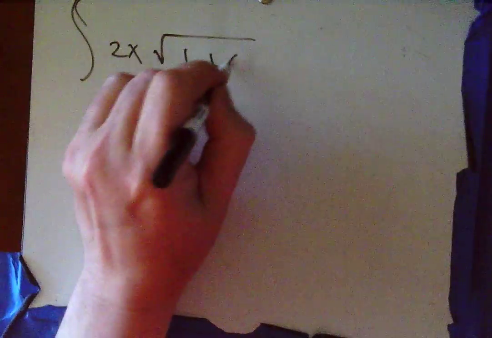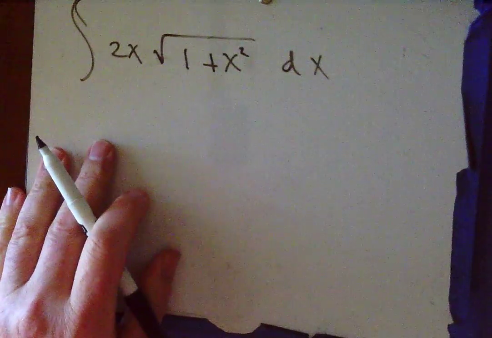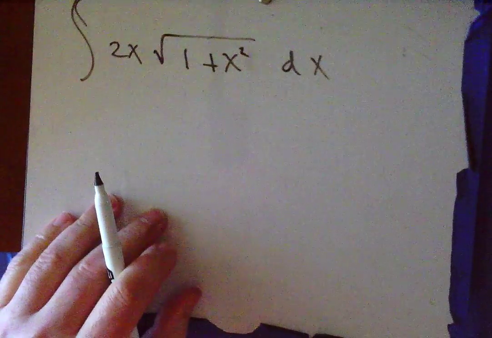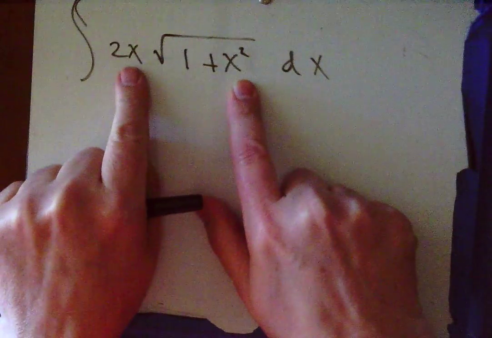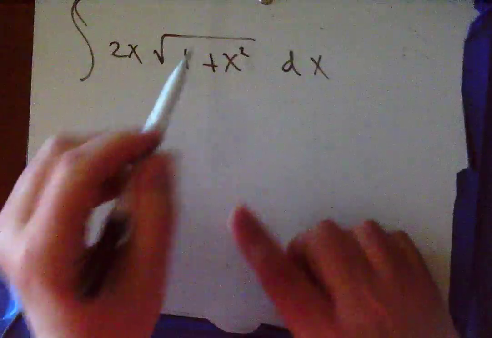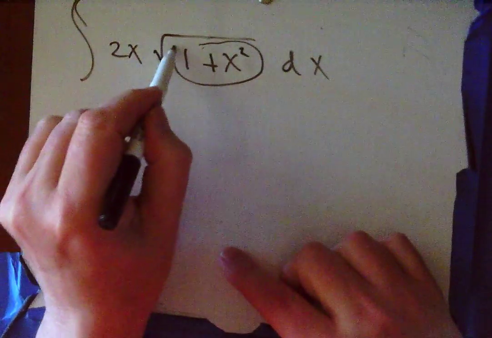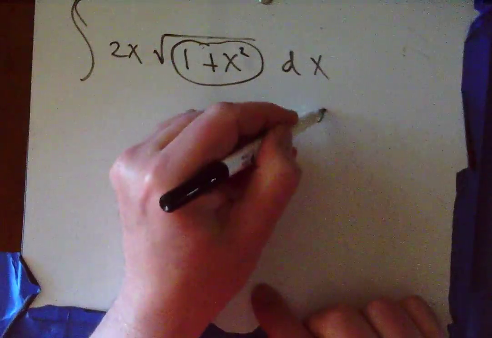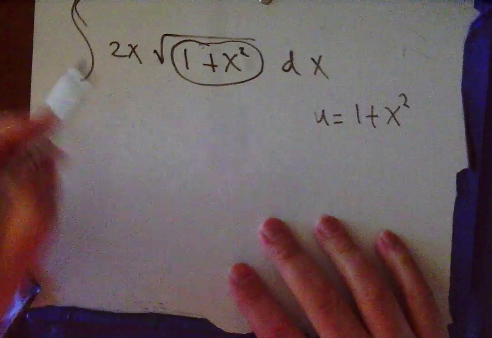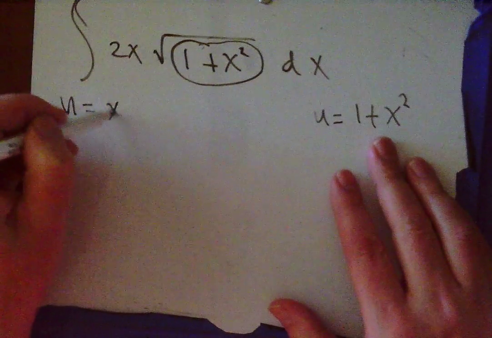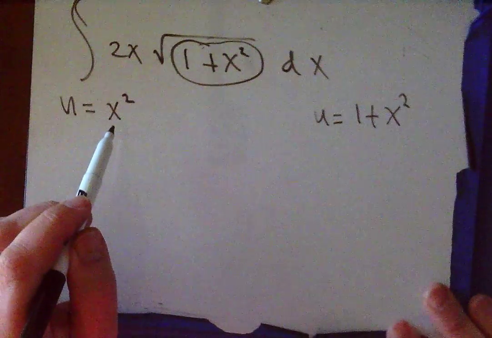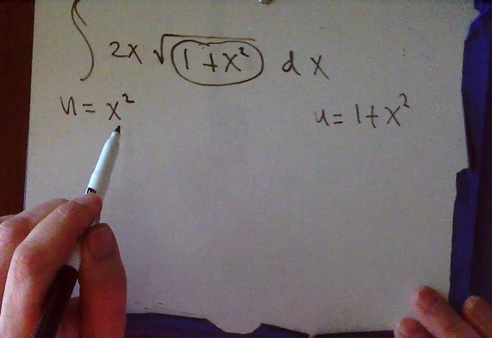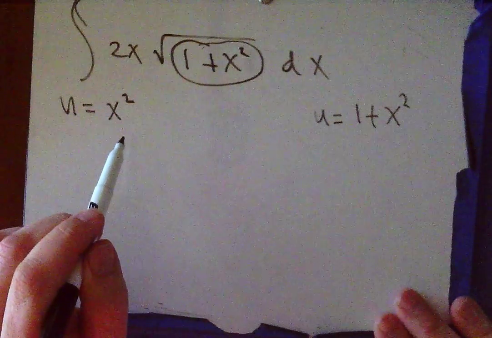Okay, so what if I have this? 2x square root of 1 plus x squared dx. Do you see a function and its own derivative or part of its own derivative? Why, yes, I do. And some people say u and there's its derivative, but take as much as you can for your u. That's going to be my u. My u is 1 plus x squared. Could you do it with u equals just x squared? The answer is yes,